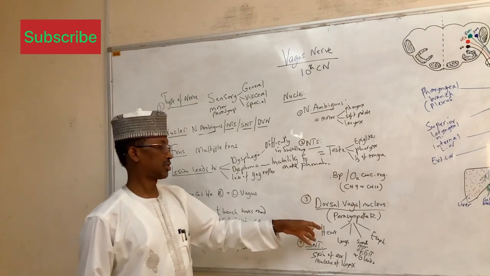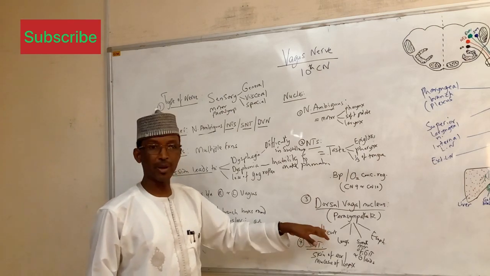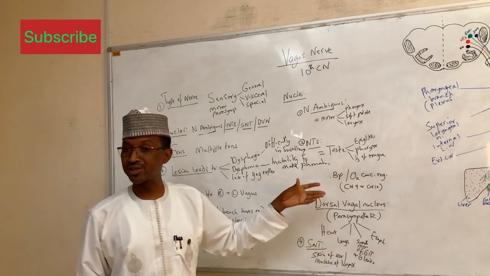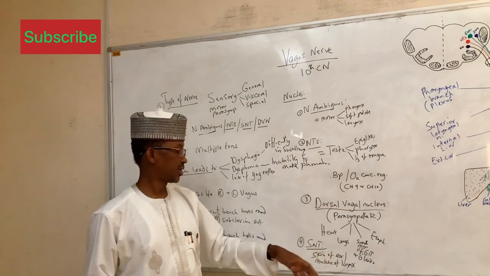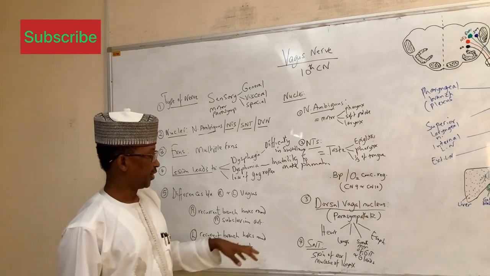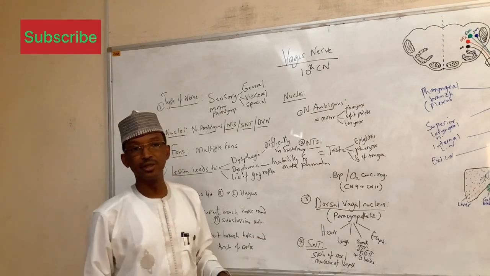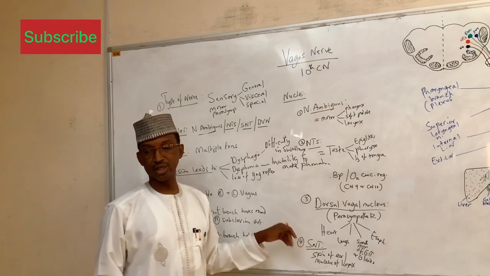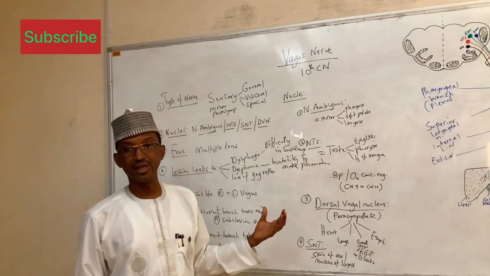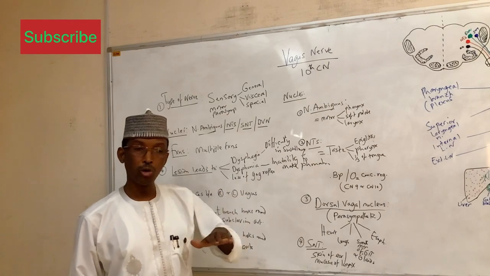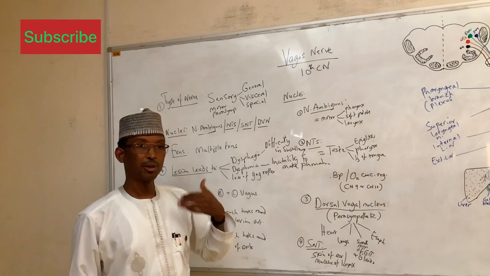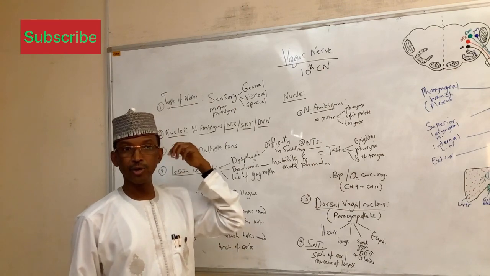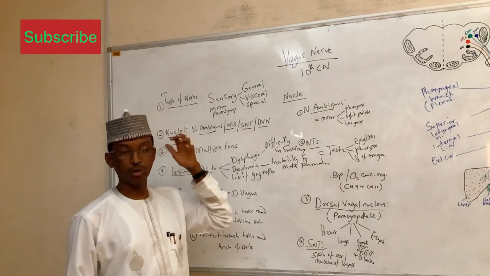So it supplies parasympathetic fibers to the heart, to the lungs, smooth muscles of the gastrointestinal tract, esophagus, and so on and so forth. The last nucleus is the spinal nucleus of the trigeminal nerve, and that one carries sensation from the external auditory meatus, especially the floor of the external auditory meatus, plus the tragus of the pinna, as well as the area behind the pinna, that is the posterior aspect of the pinna.